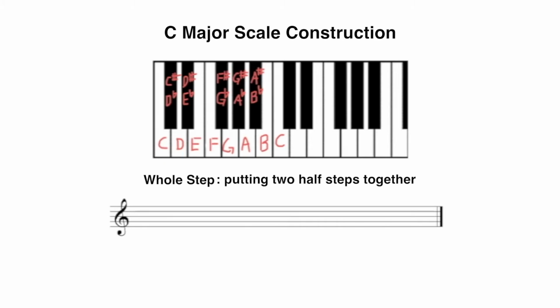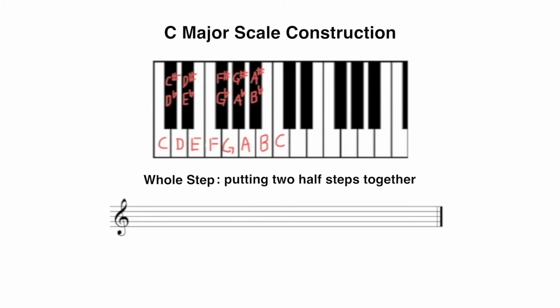If I start on a black key, for example, if I start on F sharp, or I could call it G flat, move up by a half step, I end up on G. Move up another half step, I end up on G sharp or A flat. So therefore, F sharp to G sharp is a whole step. Or I could use one of the other letter names, but it's more typical to use the same type of accidental. So I would more typically say F sharp to G sharp or G flat to A flat.